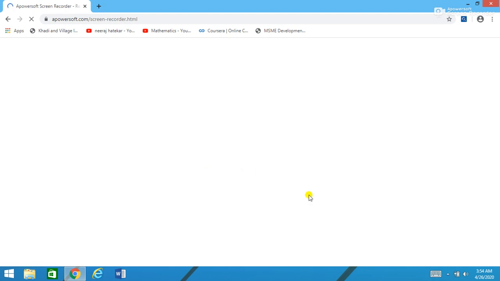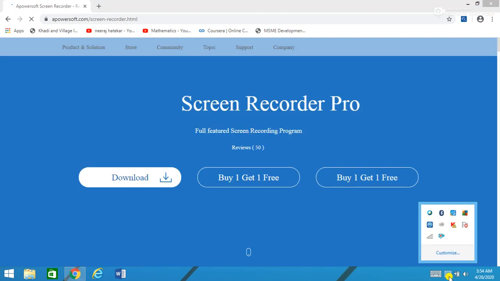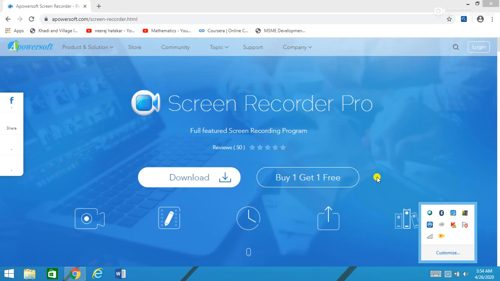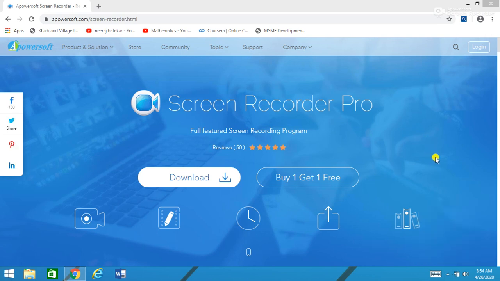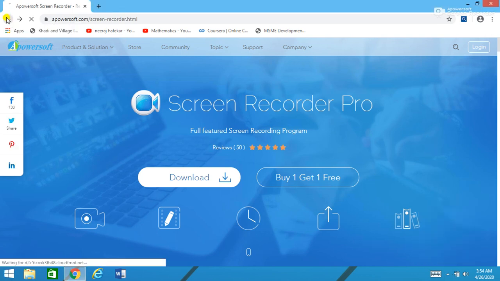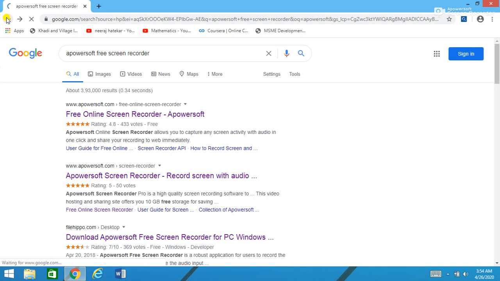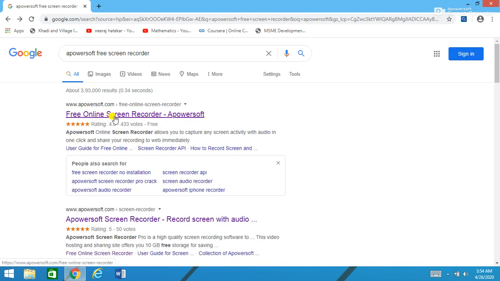Then yes, when you click on that, you get various pages. So you get so many options available. I'm clicking on the very first page.